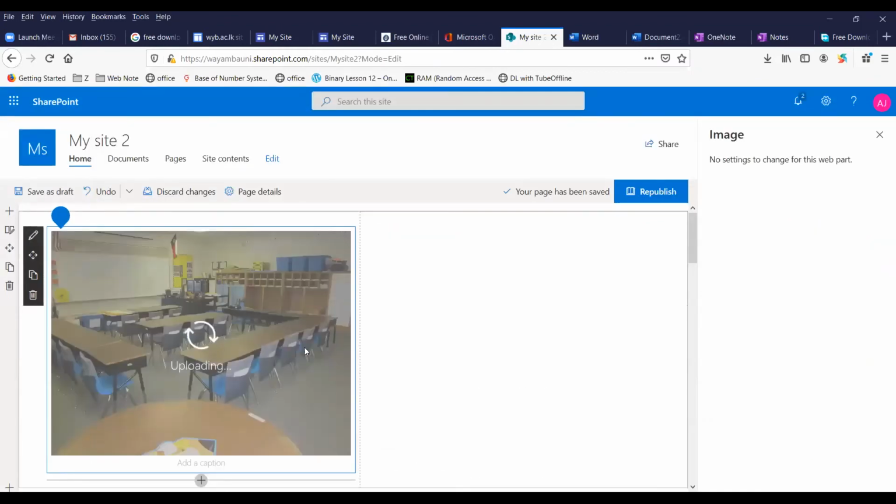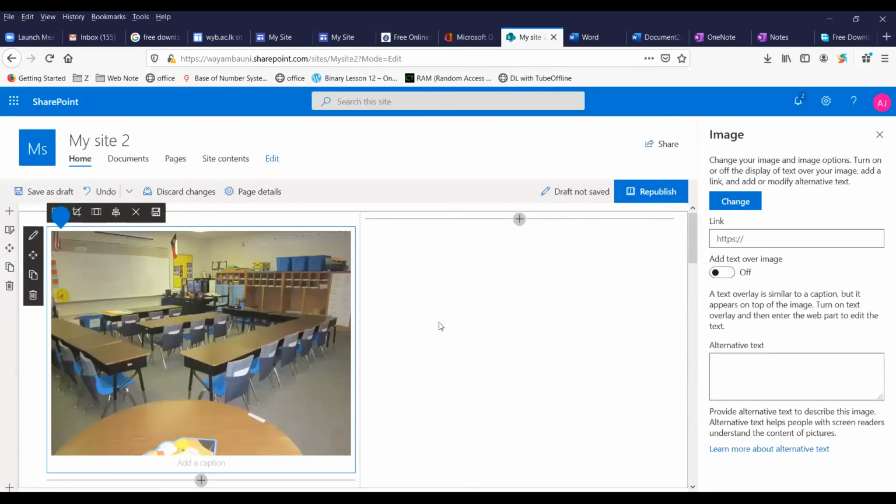And add the image. So this one, Office 365's SharePoint, has many more features than Google Sites. It is specially designed to create websites, and it may be somewhat difficult to use. I mean, the interface is not that user friendly. So I suggest it is better to go with this one. But if you study this one, it may be easier.